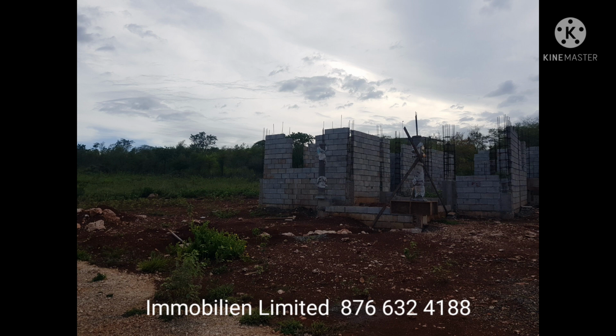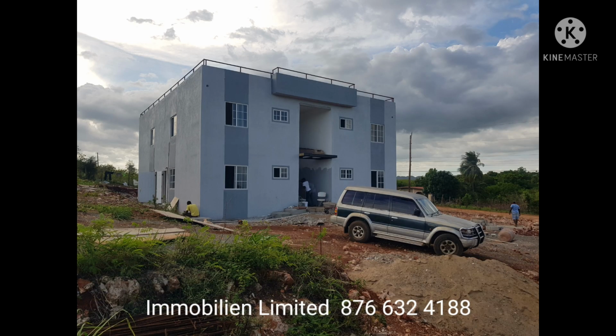Immobilian, they are really going all out with this development, and I've seen previous work from them, so I know that they're really great developers, and T.Lee Country Club will be just that. So if you're interested, you can give them a call at